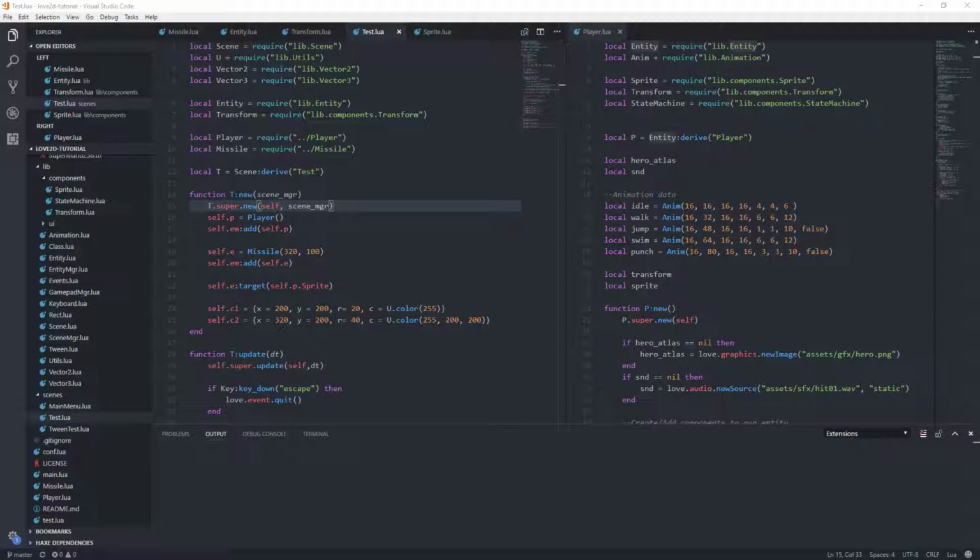When we last left, we were doing some refactoring. Today, we're going to be doing some refactoring of